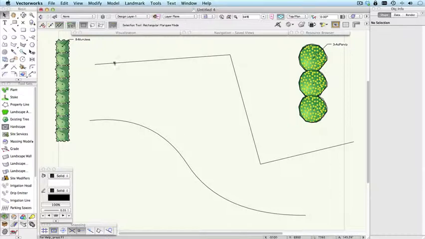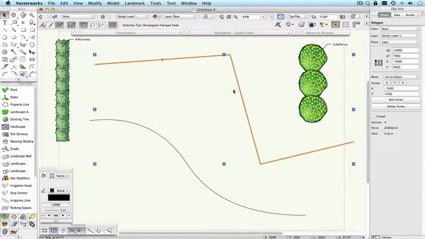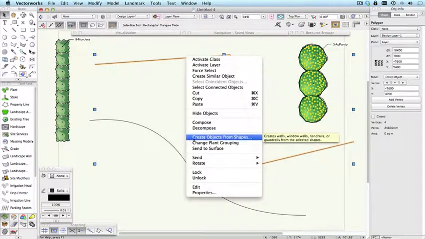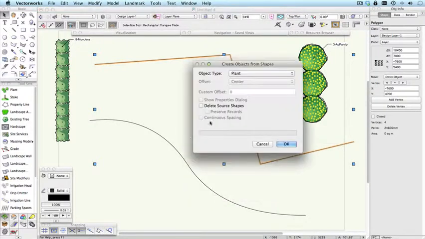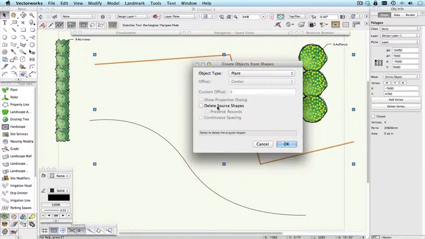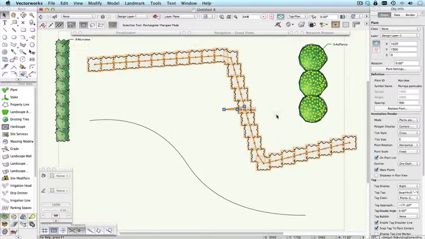The second step is to select or draw and select the line that you want, and then right click on it, or if you don't use right clicking, on a Mac you can press Control and left click, and what we're going to choose is this create objects from shapes, and the object type we want to create is plant, but you will notice there's lots of other types of objects that you can create, and you can choose to keep or delete the line that you've drawn. In this case we'll delete the line. Let's click OK, and you'll see that